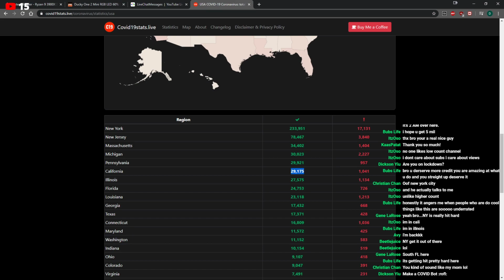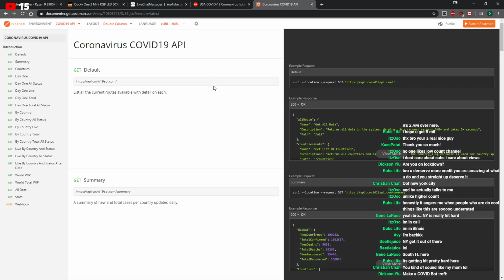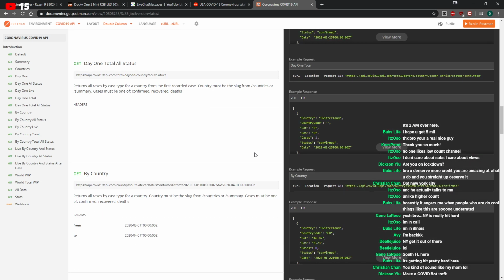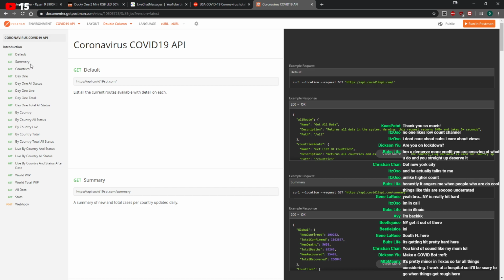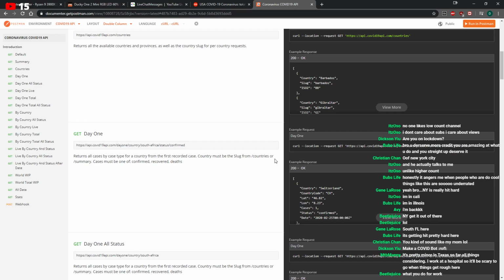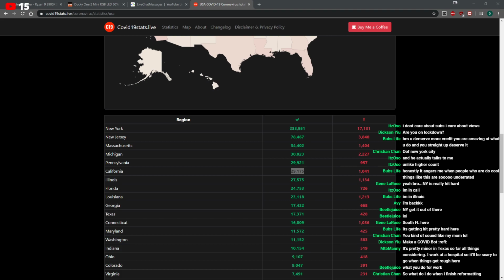Yeah, I don't know. Make a COVID bot. Yeah, there's probably an API that allows you to pull data for coronavirus. We could, but it's already been done, so I wouldn't really have much fun doing it. I like doing the fun stuff that no one else has done before, you know. But I could do something like this though. It'd be pretty fun. What do I do for work? I code. That's my job. I sound like your mom.